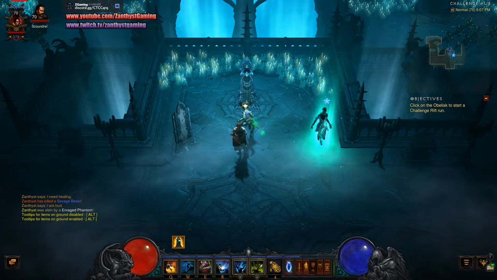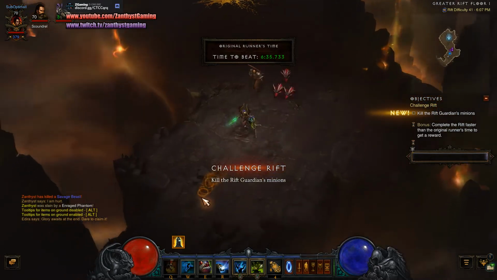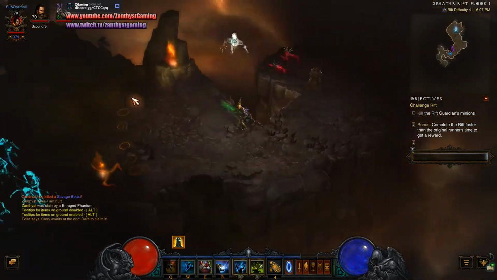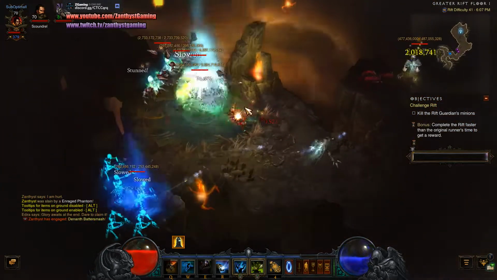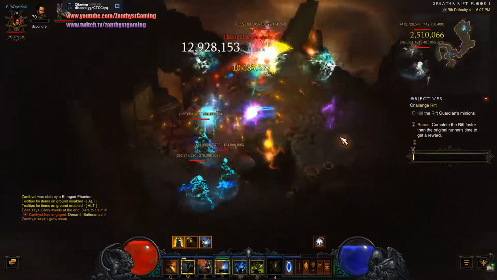All right, let's go ahead and get on into that. Cast our dogs right away. And then we want to get our Locust Swarm, but we're going to throw our Tornado out first. Haunt, Locust Swarm. I'm going to walk, and then I'm going to get my